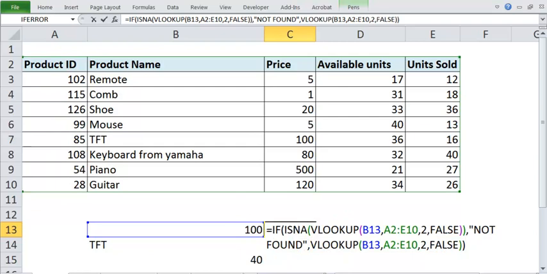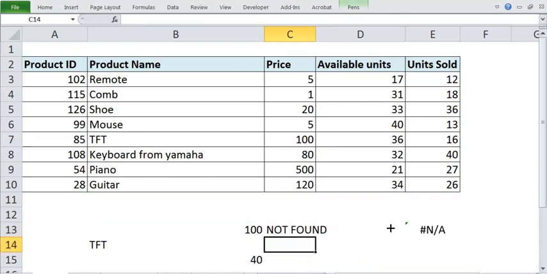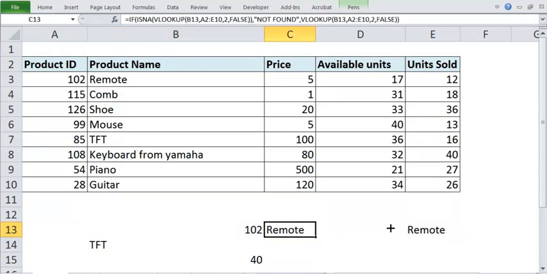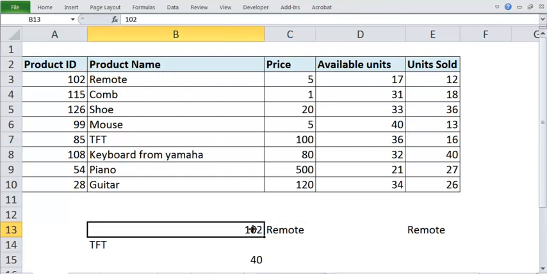So what we are saying is, first you do the VLOOKUP and if it is NA, then whatever error message you want to say, you say. If this is false, then whatever you were searching earlier, you just put it over here so that it will search. See what we have done. You see at 100 and 200 it says not found. At 102 it says remote. We are interested in searching the product name for the product ID.